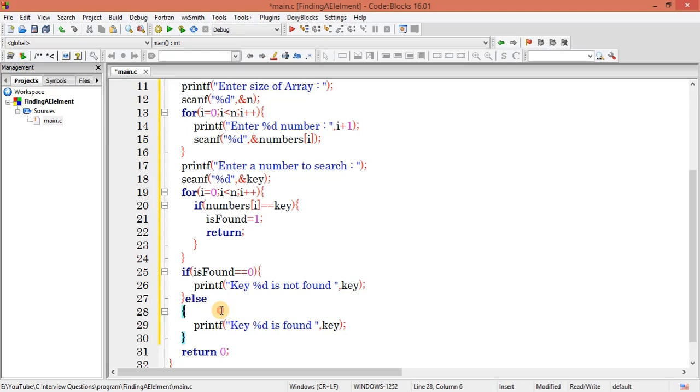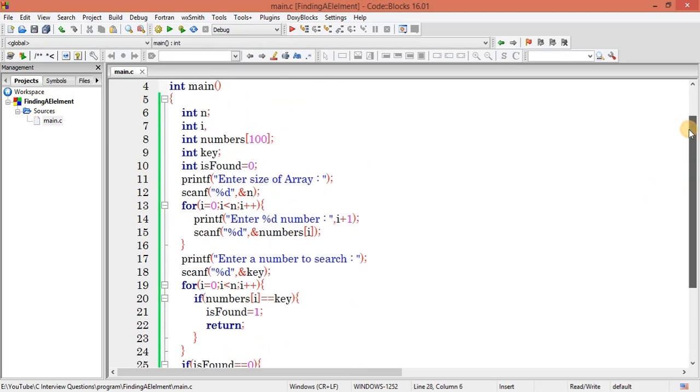Now let's save the program. Let's understand one more time. I am asking for the size, and according to the size I am getting all the numbers one by one.